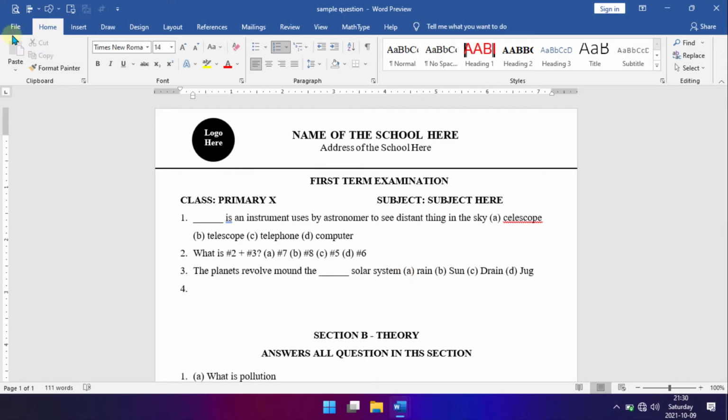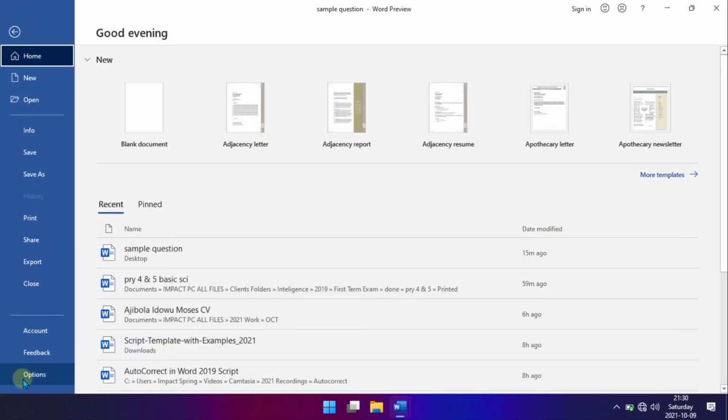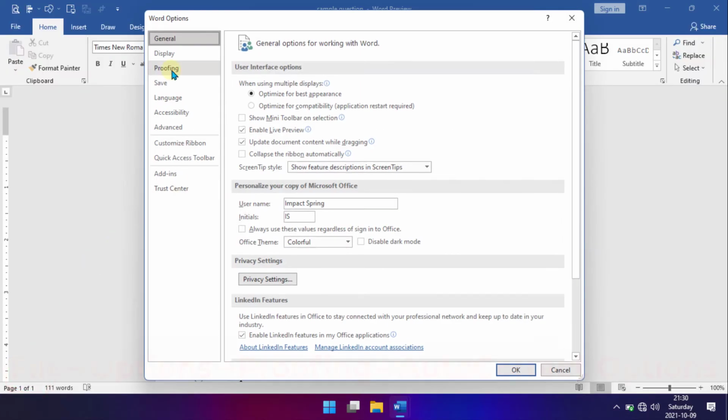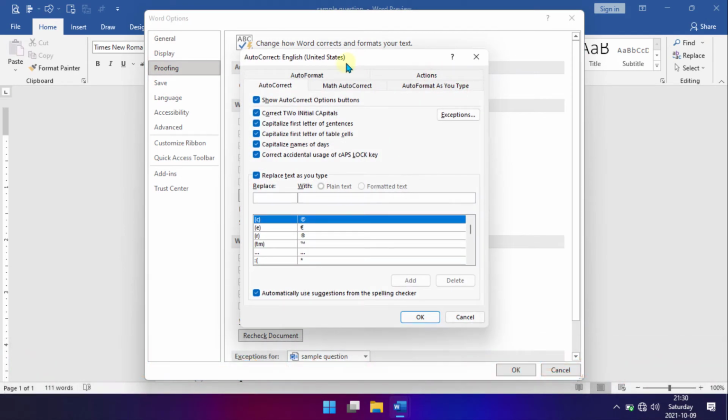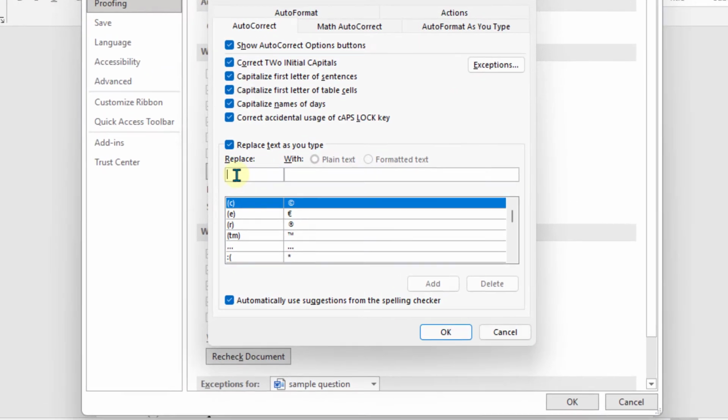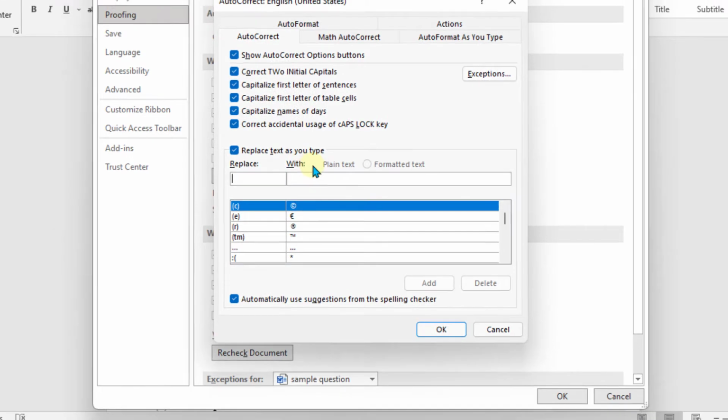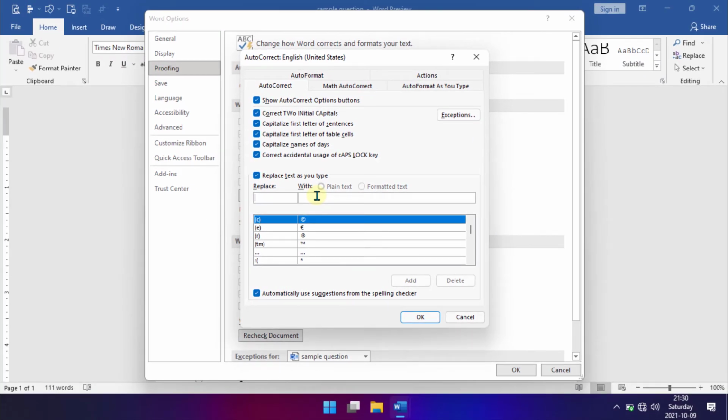First, you click on the File tab, then click on Options, click on Proofing, click on Autocorrect Options. Now you will see the Autocorrect dialog box. Here you will see the word Replace, that is replace what with what. What I'm going to do is I will assign some letters to replace those options so that whenever I type,